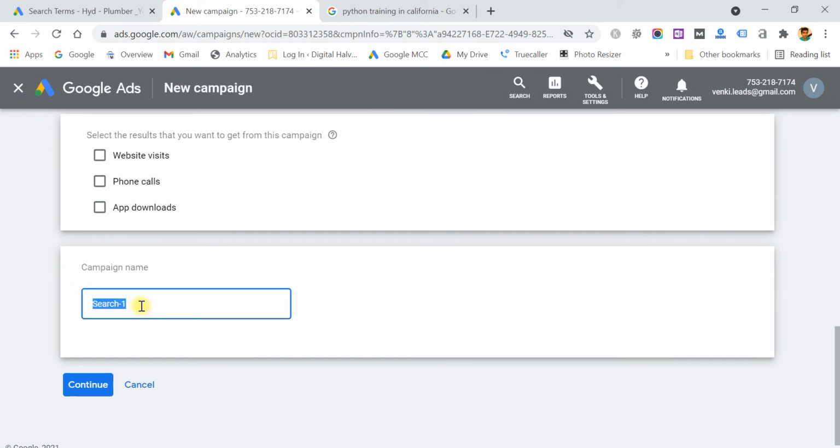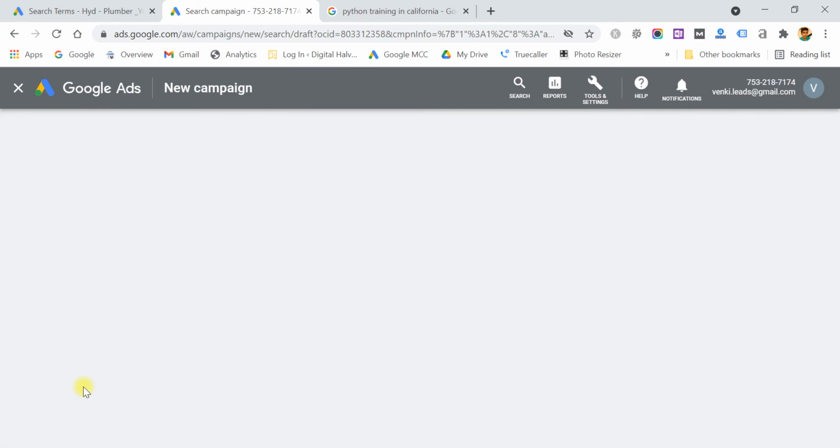Here you can write anything, campaign or something like Python, even with location California. This is only for your reference. It will not be displayed to outsiders. This is only for the admins to understand which campaign is targeting which thing. Click on continue.